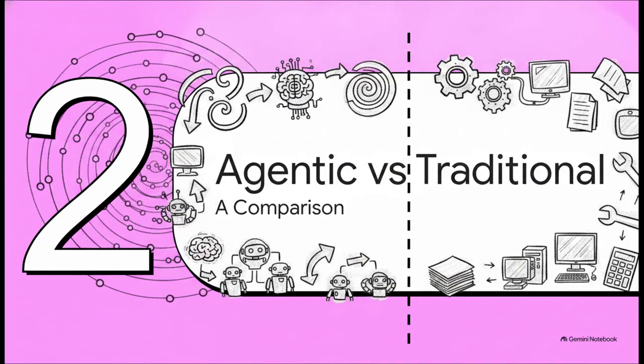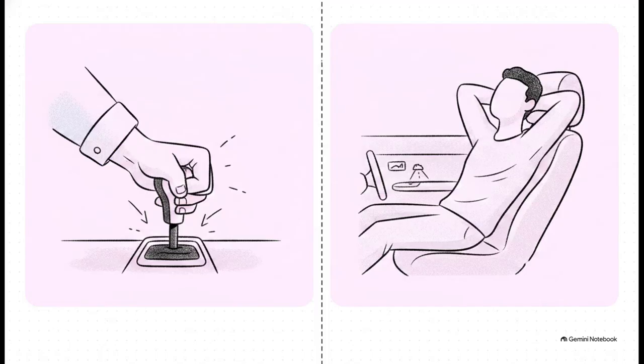Let's move right along to Section 2 and look at agentic versus traditional AI. To really wrap our heads around this, think of traditional generative AI kind of like driving a manual car. It requires you to constantly prompt it, shift the gears, intervene. Literally, if you stop typing, it just stops working. Agentic AI, on the other hand, is like riding in a fully autonomous vehicle. You give it a goal, and it understands the destination, acts, makes decisions, and navigates the whole environment on its own behalf. It is an absolute game changer.